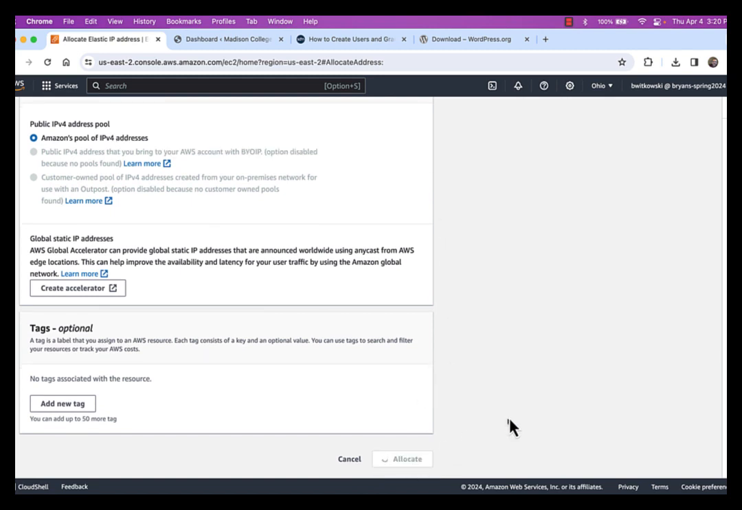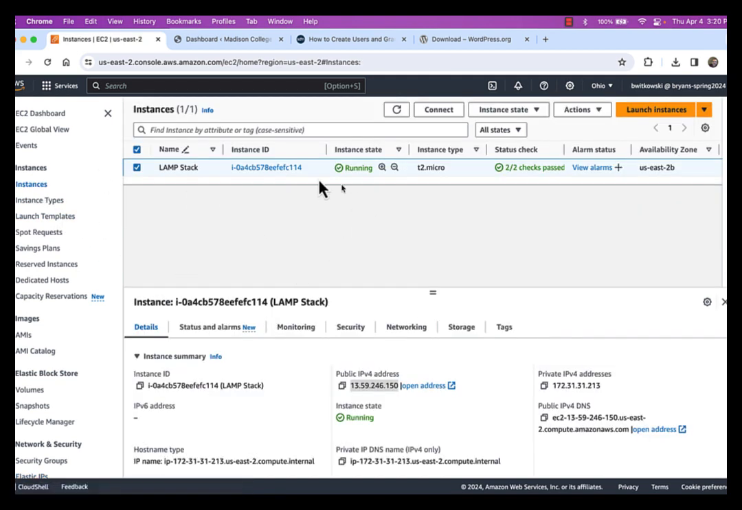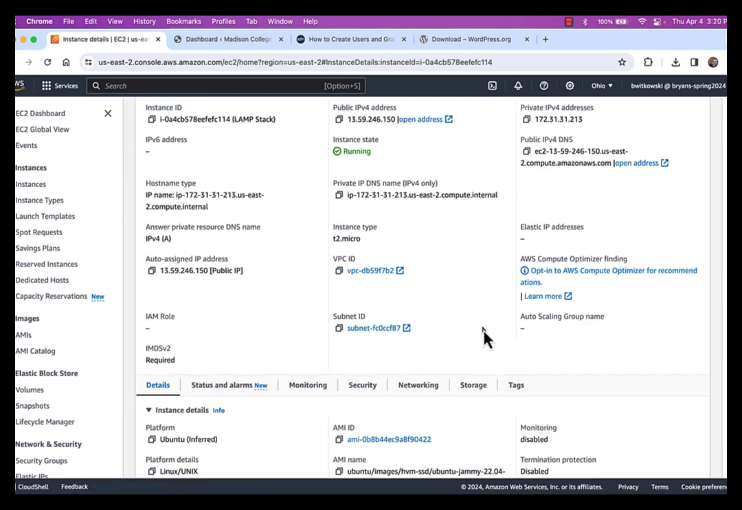So I'm going to go ahead and allocate an Elastic IP. So now I have a public IP that I own. I'm going to pay for it every month. I can take this IP address and associate it with my instance. Okay, so with my instance, I can come through, I can go to